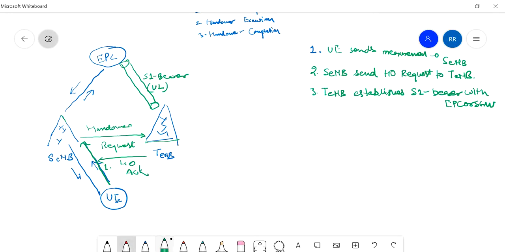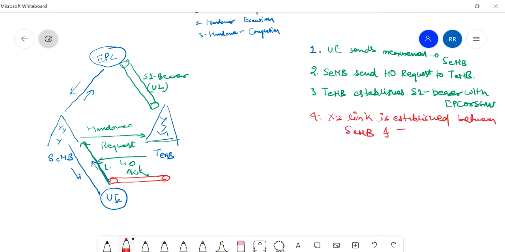After it sends the handover acknowledgement command, the X2 link is established between the source eNode B and the target eNode B. So we can say the fourth step is that the X2 link is established between the source eNode B and the target eNode B.